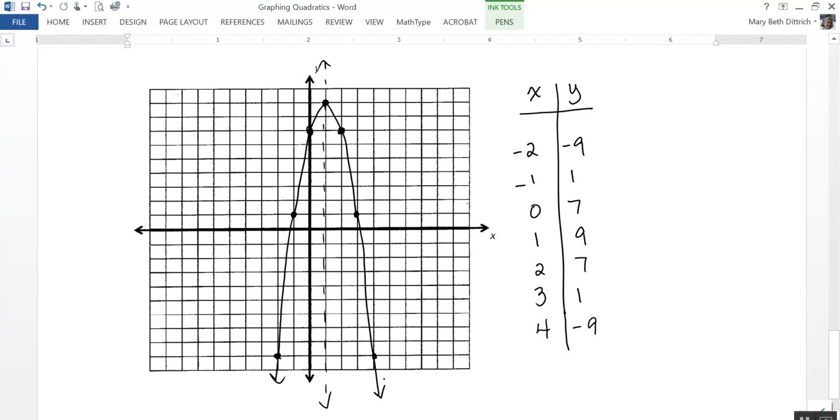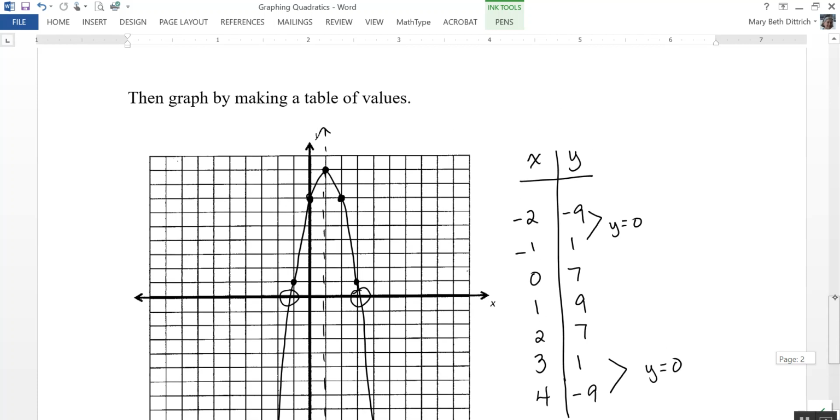Okay, so that's good for a graph of the function. That looks really nice. But what I don't know is what my x-intercepts are, and those are going to be points right here. So notice I said that the x-intercepts are going to be when y is equal to 0. And you'll notice that somewhere between -9 and 1, and over here between 1 and -9, y is equal to 0. So my x-intercepts are not going to be nice points, but they're going to be values that are between, go back to here,